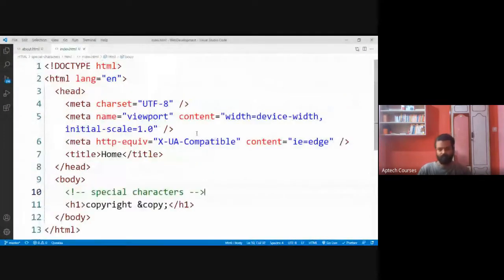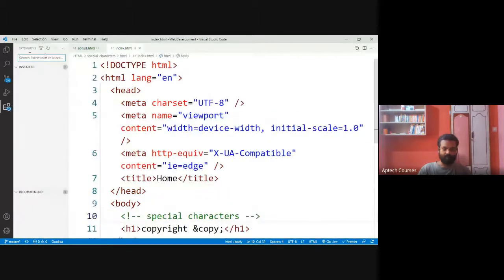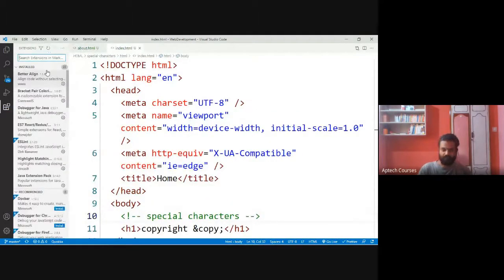Let me check whether the inbuilt browser support we get or not in case of Visual Studio Code.